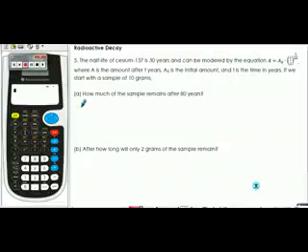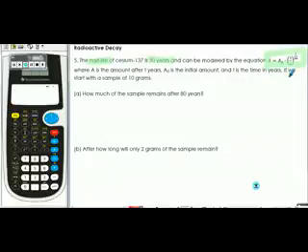Okay, we have another word problem here, this one on radioactive decay. The half-life of cesium-137 is 30 years. That is the half-life of this element cesium. So it can be modeled by the equation A equals A naught times 1/2 raised to the T over 30, 30 being the half-life, where A is the amount after T years. Again, A is the future amount, A naught is the initial amount, and